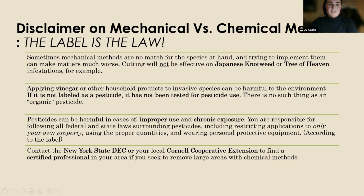And for more information on that as well, the Cornell Cooperative Extension is a really good group to get in touch with. And I also wanted to bring up, in terms of chemical methods, some people that really aren't interested in using chemicals, but still want that quick and easy route. There's a lot of things on the internet pushing the option of using Epsom salt and vinegar and soap. And I knew one lady that sprayed Rust-Oleum paint on her shrubs. So that's just as bad as using a chemical against what the label states,